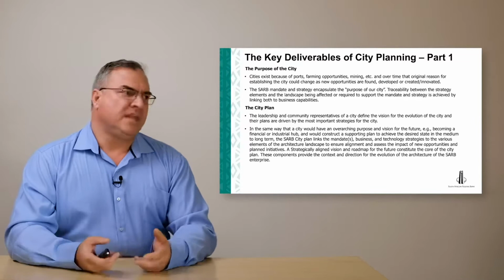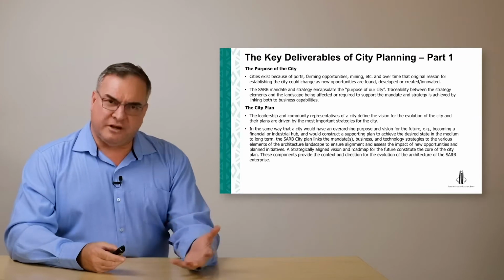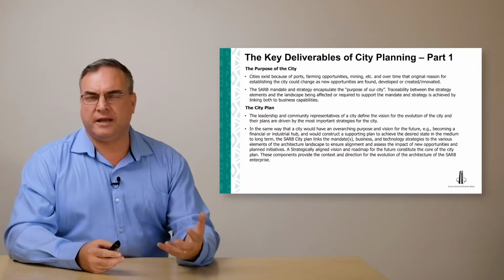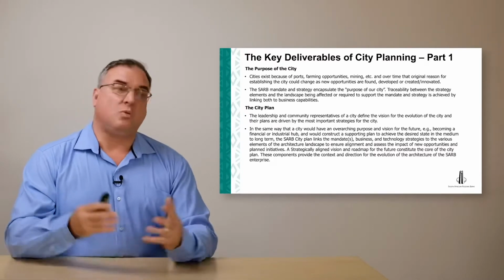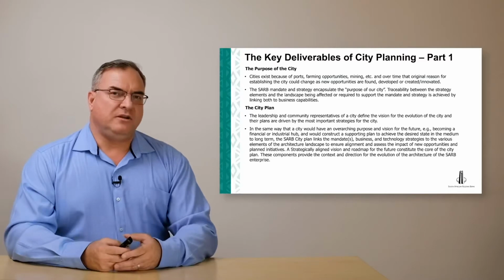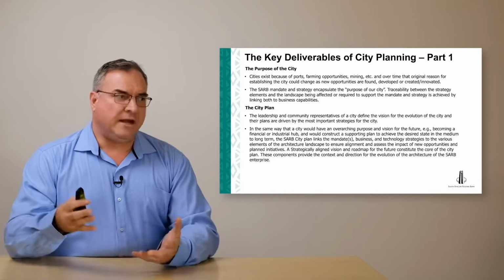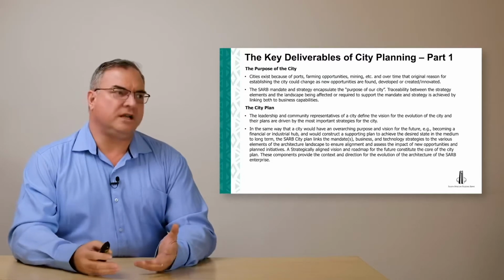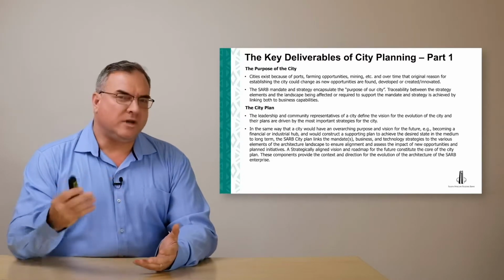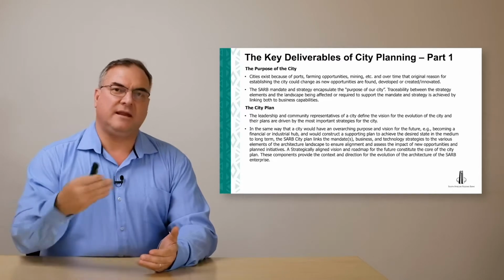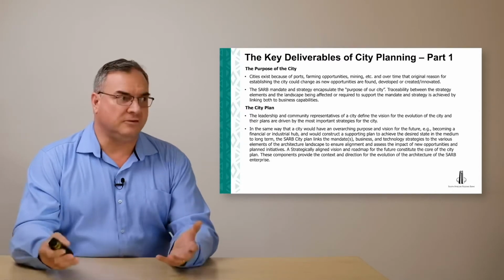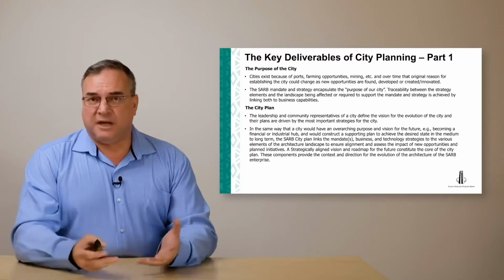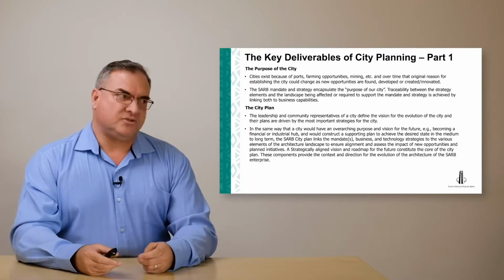over time. So at the South African Reserve Bank, since we're not a commercial enterprise, our mandate and our strategy really encapsulate the purpose of the city. So why do we exist? And we need to produce traceability between that mandate and strategy and the elements of the landscape of that city. So the enterprise architecture really needs to define what is required to support and realize the mandate, execute on the strategy, mostly linked through the business capabilities that we require to achieve our goals.